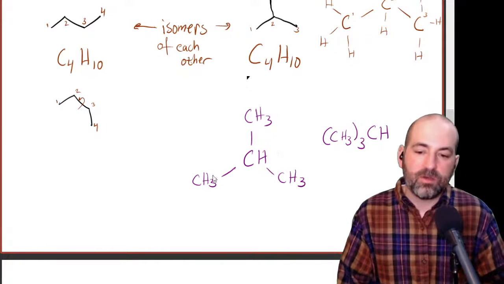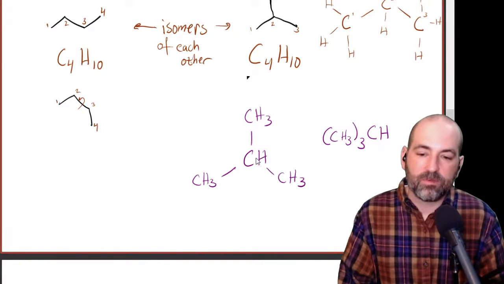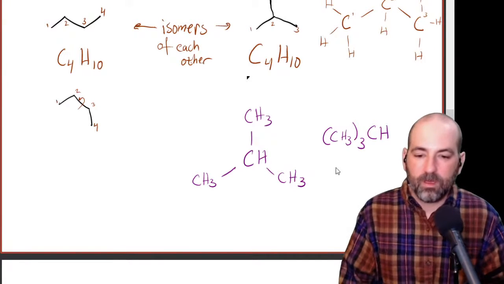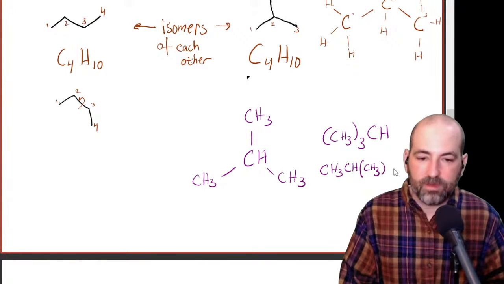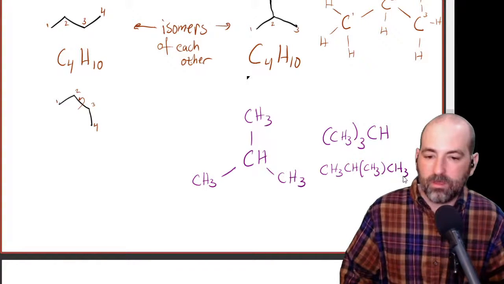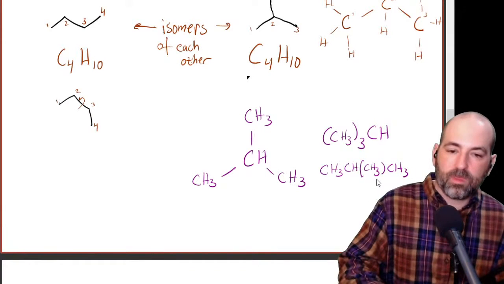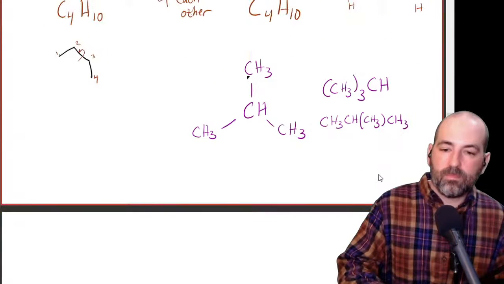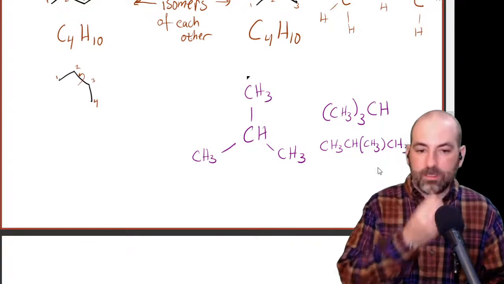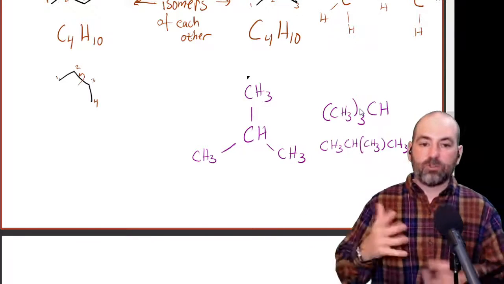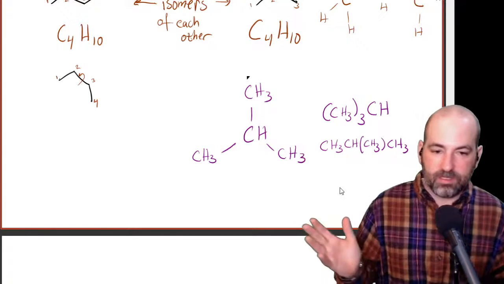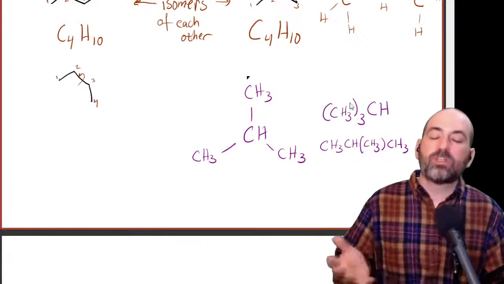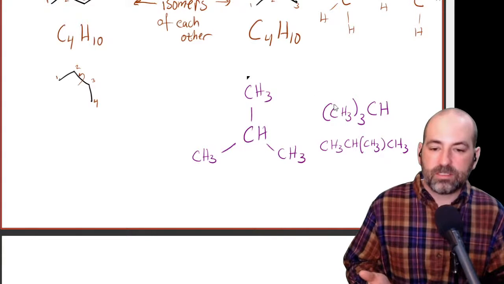That's one way to do it. Another way is to think of this as a line of three carbons and just put the CH3 as like an extra one coming off in parentheses. That also works. So here's what you need to know about these. These are all correct. So if I say draw a condensed structure of this molecule, any of these is a correct condensed structure.